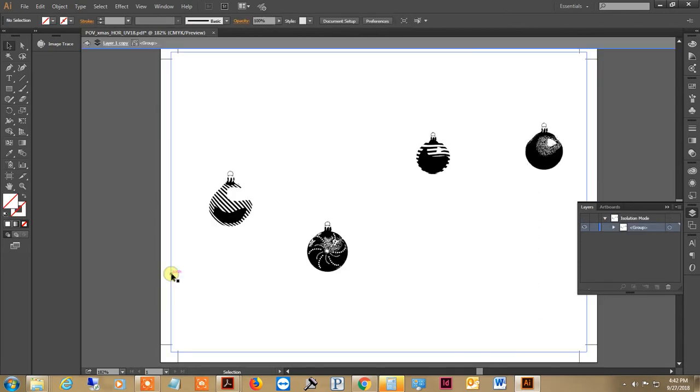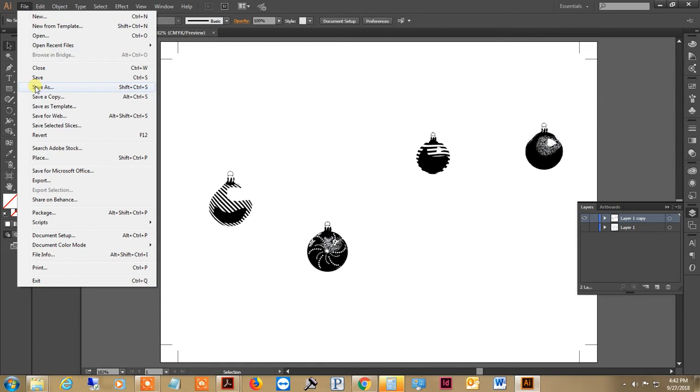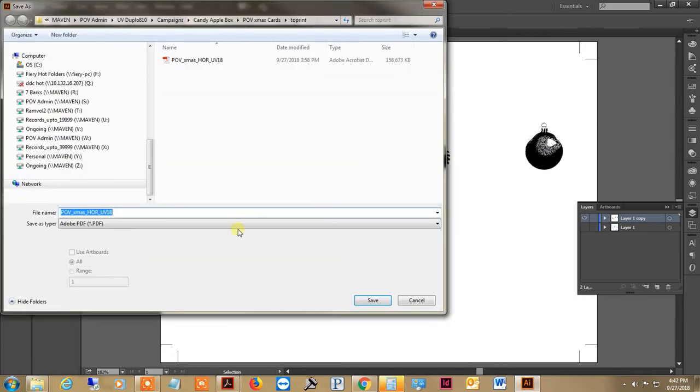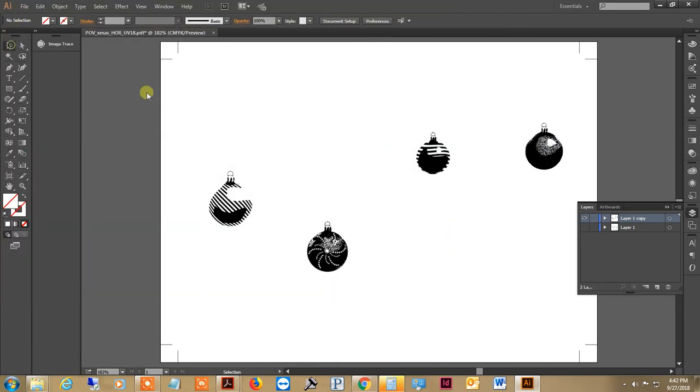Oops. Make sure you don't delete anything. And you're going to want to go File, Save As, and then just add something to the end to make sure that you've indicated that it's a UV layer. And I also like to make its own folder, because the print UV stuff goes on after you print the initial card itself. So open it, save it in there, and